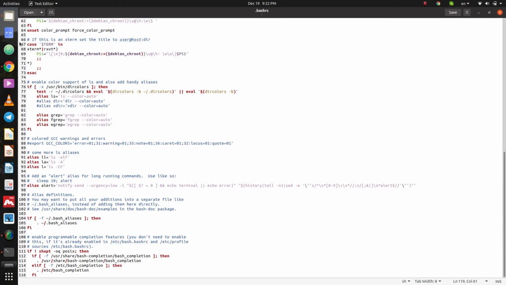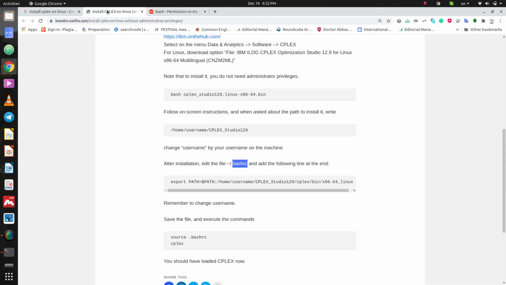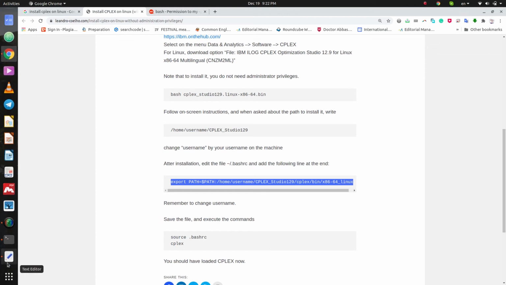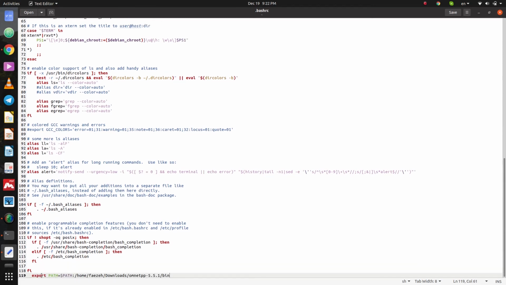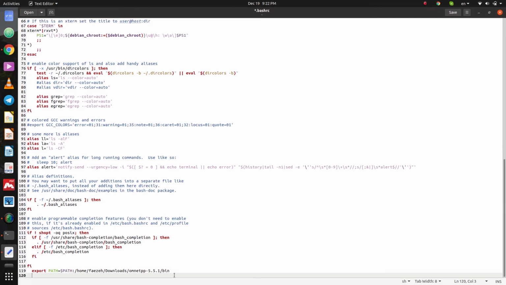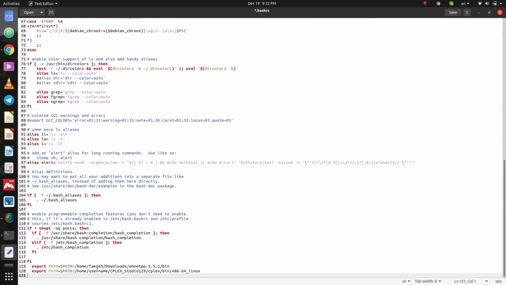At the end of the file we should add the address here, but pay attention, the username is your own username. So let's do that. At the end of the file I paste the address and I write my username here, save the file, close it,